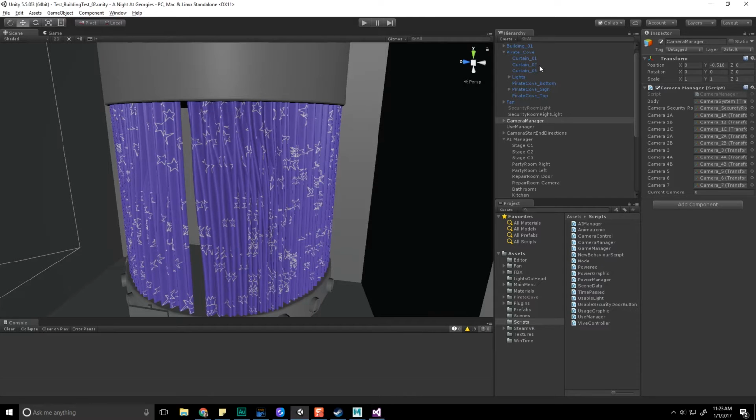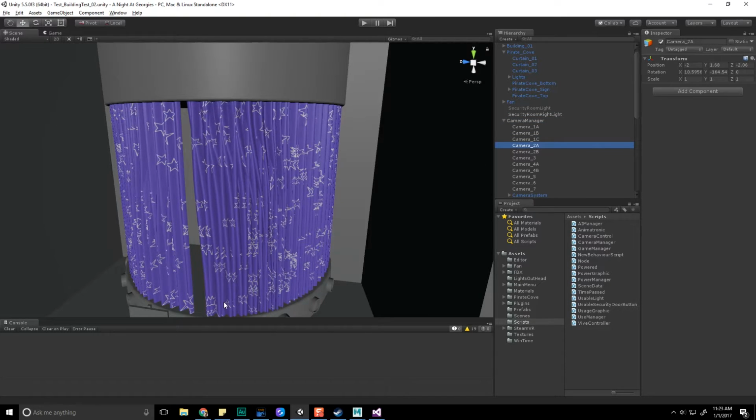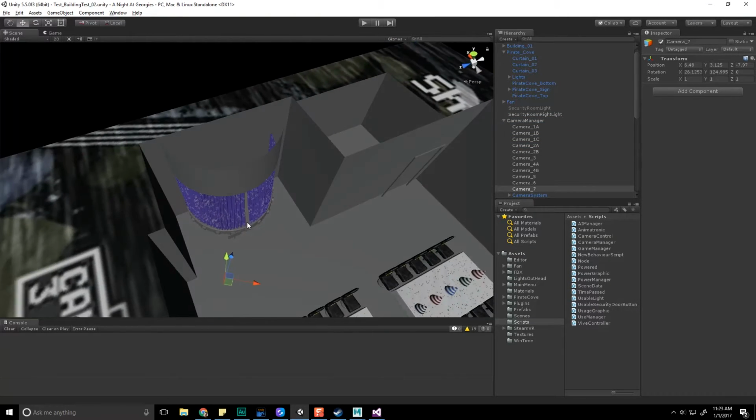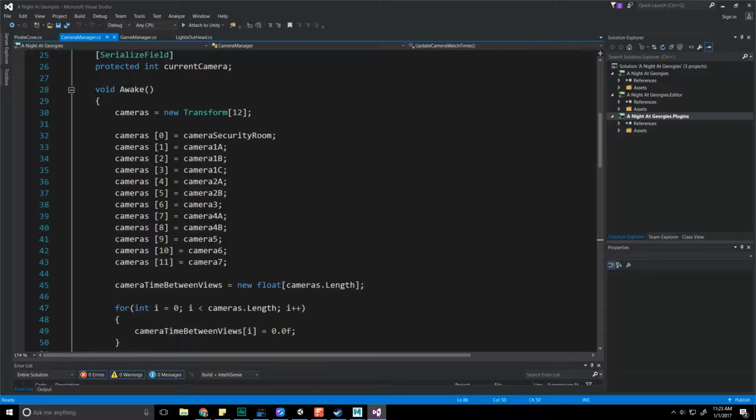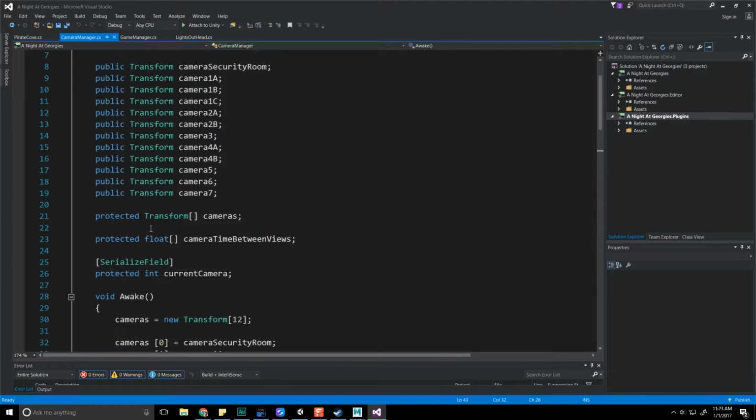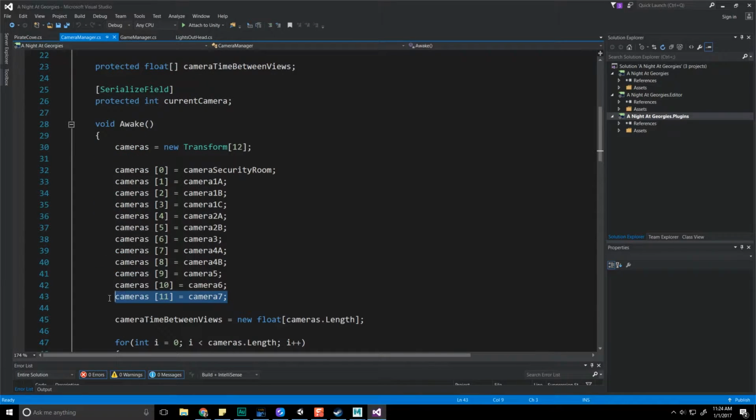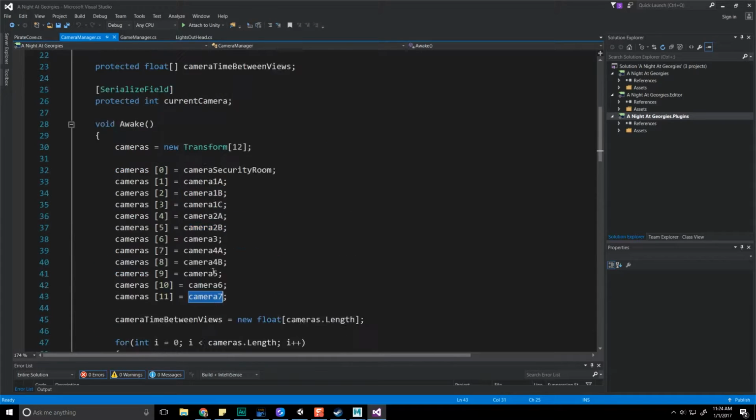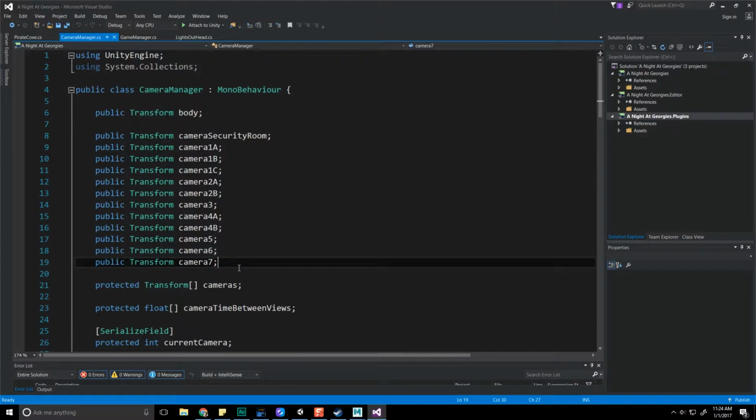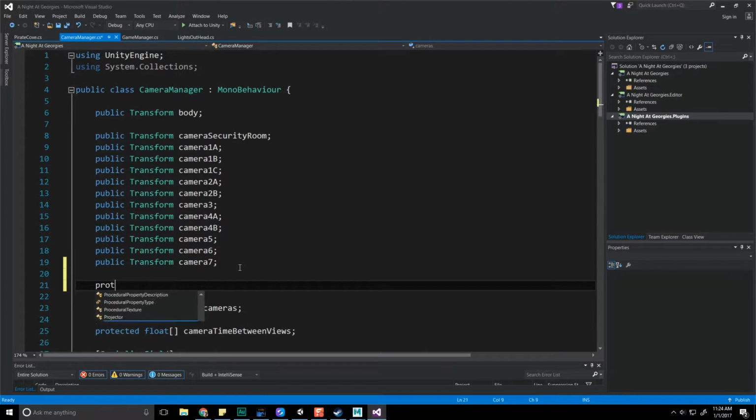So coming over here, let's find the right camera that actually is meant for this area. There we are. So it's camera 7 that's oriented and looks directly at Foxy. So when camera 7 has some duration, we need to make sure those different stages of the curtain open up. So that's going to be camera 7 under this here, or camera 11 within the array. So we want to make sure that when camera 11 goes past some duration, we should be implementing the next version of Foxy. So let's just create some protected